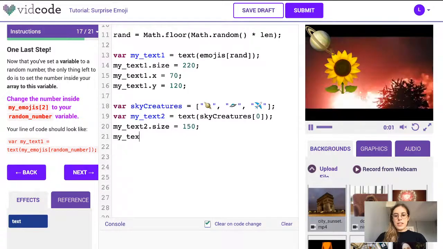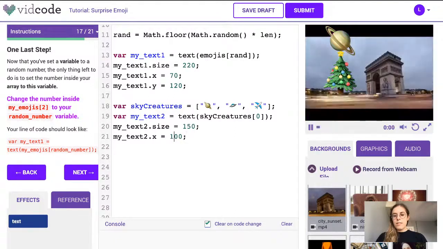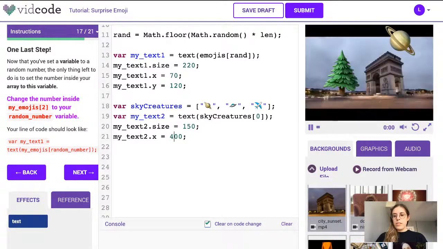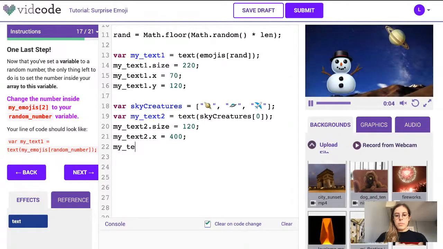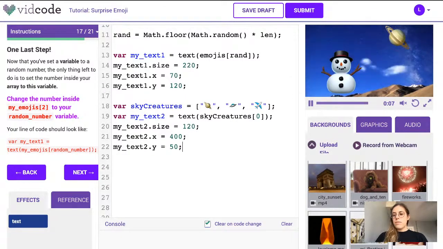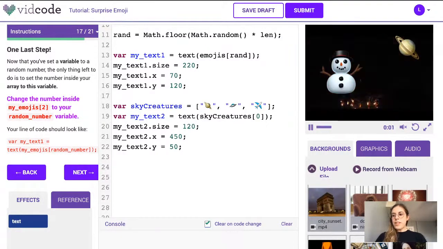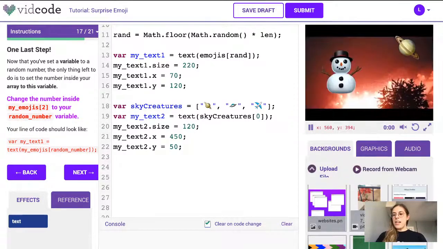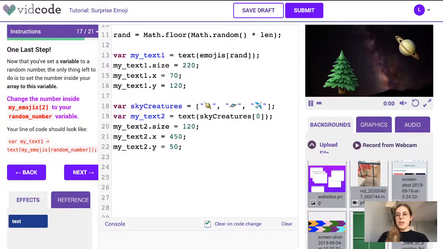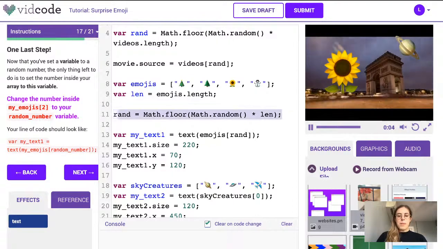I'm going to say my text2.x, and I want it sort of all the way over here. Cool. It's actually a bit too big. And then I'm going to move it down a little bit. Over a bit more. Okay, I think this is looking awesome. So it's obviously always Saturn, which I don't want. I want it to sometimes change. So all I have to do is go up to this random code, copy it,